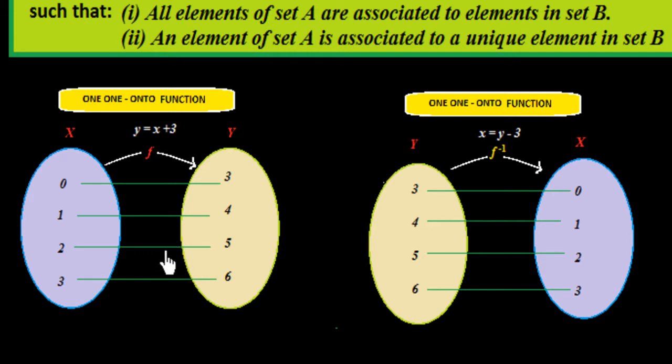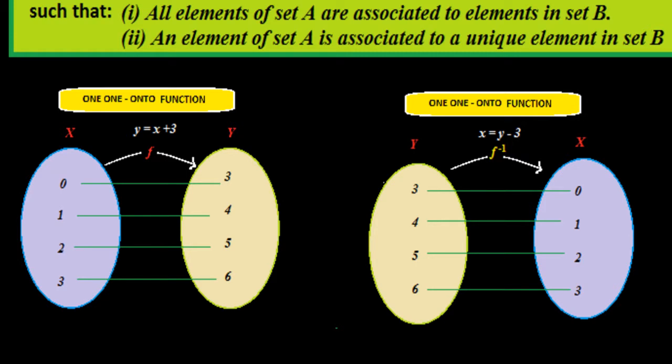If we make the inverse of this, then y would be the domain for the inverse function, and x would be on the y side. So the axes would change, and the elements on the axes would change. Here you see y would now be 3. So the function will change in this form. y is equal to x plus 3, so x is equal to y minus 3. If we transfer this 3 to the other side, it is y minus 3. So it is the inverse of this function y is equal to x plus 3.